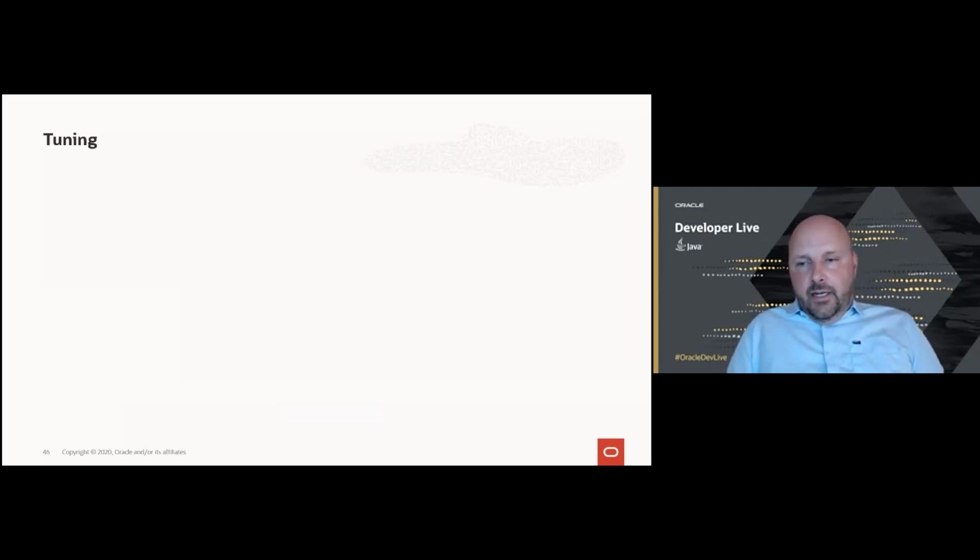Then we come to tuning. As I mentioned in the beginning, we've been working hard to make ZGC easy to tune. The main tuning option you want to have a look at is setting the max heap size. So what numbers should you pick? Well, of course, you first of all need to have a heap size that is large enough to hold the